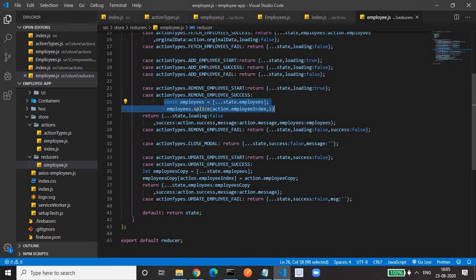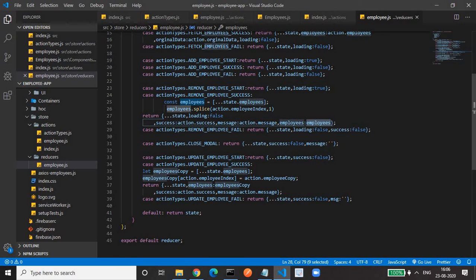We are extracting the employees that are present in the state of the store. Then we are splicing that, removing that employee's index. Then we are updating our employees with that. Means now the deleted employee is removed. We have to update the state also.